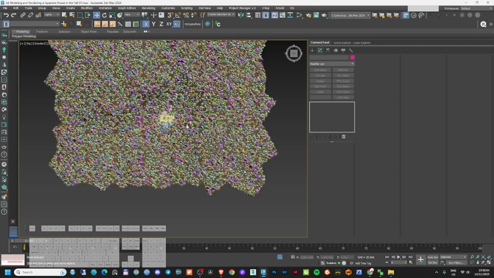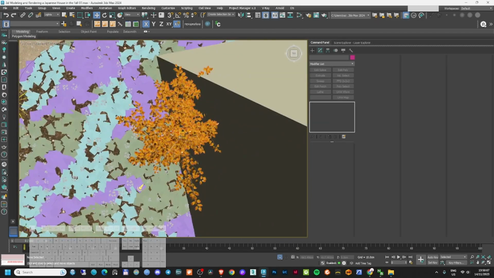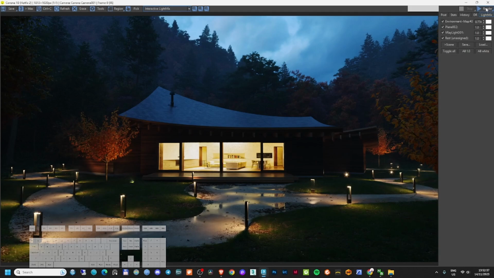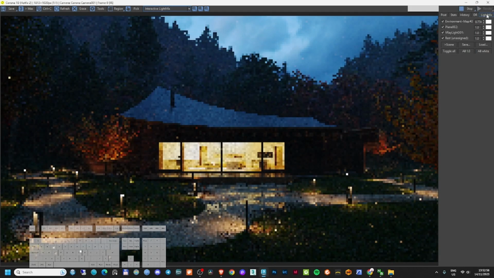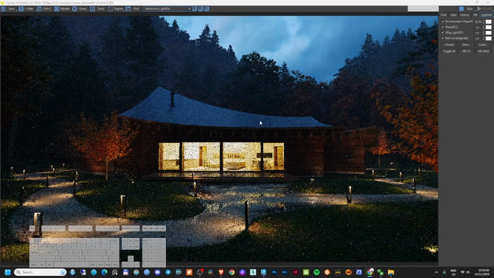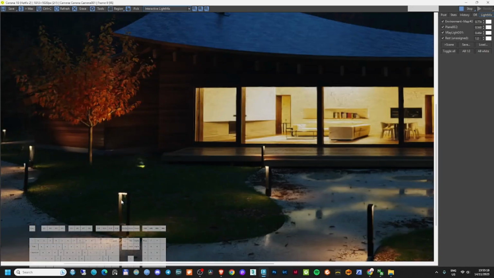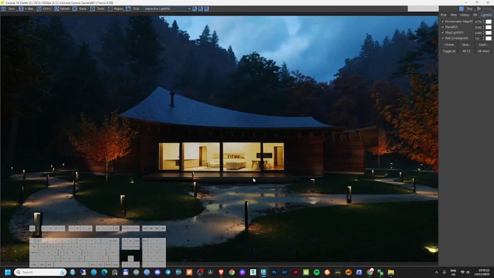Okay, another one that is here close by. Okay, it's looking nice. The only thing that I would like to have more is more fog here in the